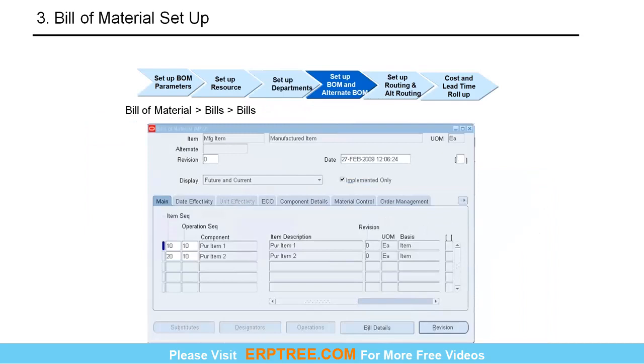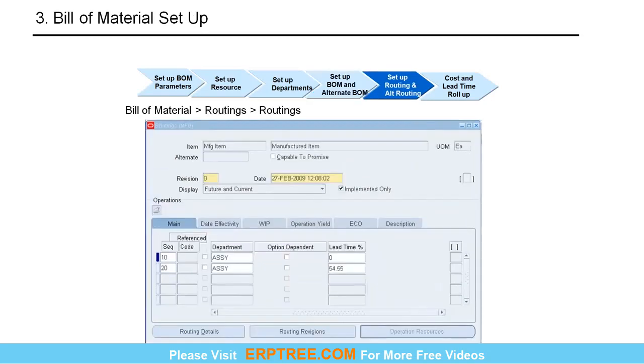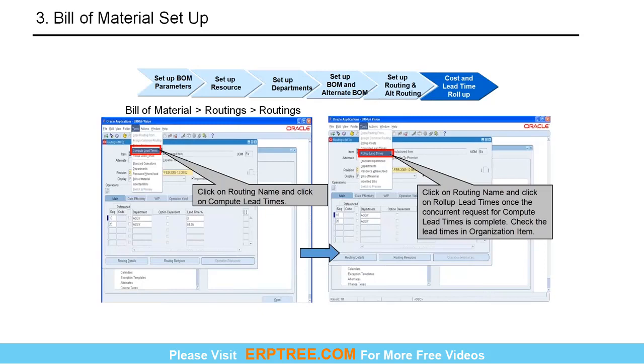We will set up the BOM and the alternate BOM. This is where we set up the structure of the assembly, what components the assembly is built with, and we give the routing. We define the routing, for example what processes or what resources we will be using to create that BOM. All those things we will be defining here, routing, and then we will come to the cost and lead